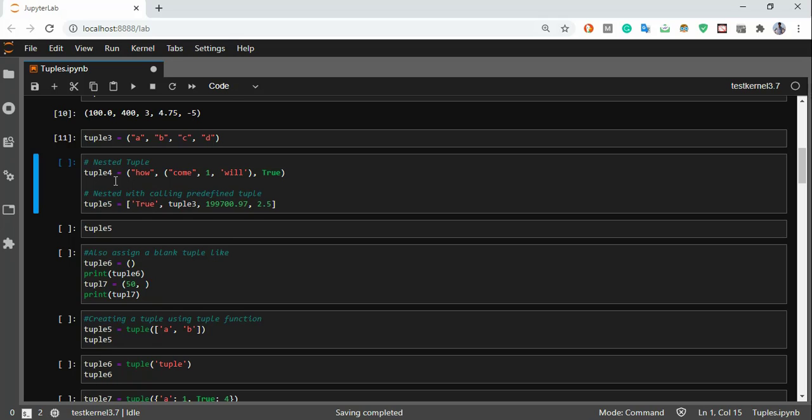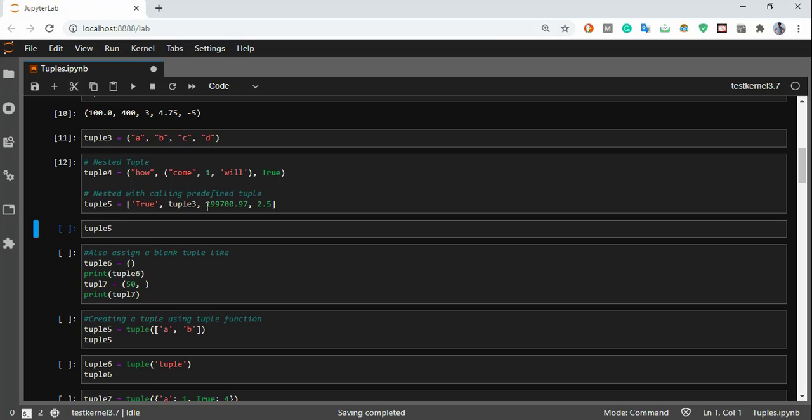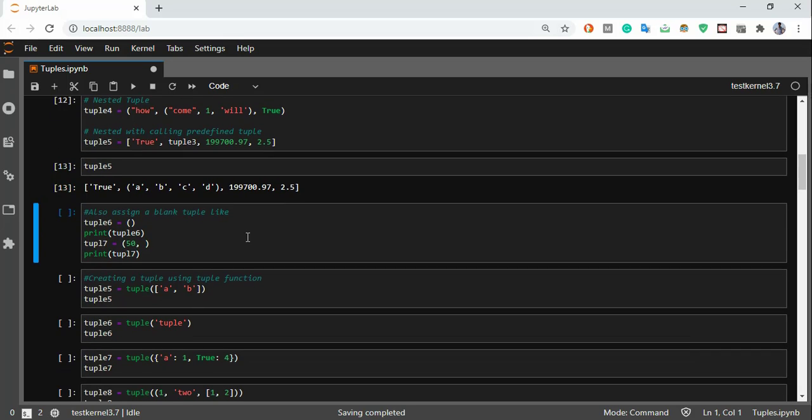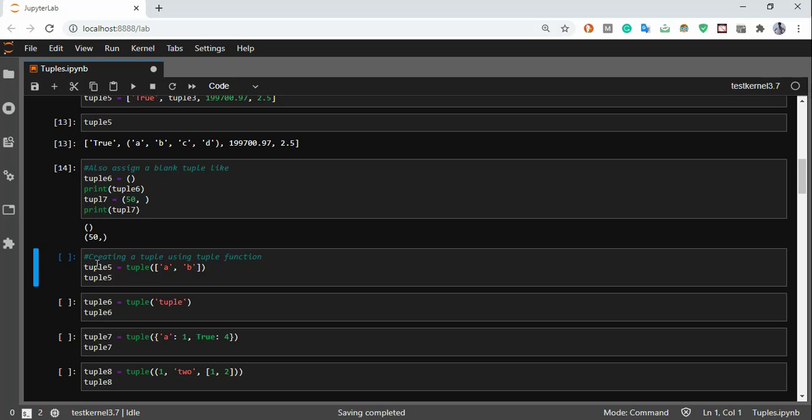This case is a nested tuple. Basically, there's another tuple that I've assigned inside a previously assigned tuple. Just like in tuple 4, I've created a tuple, whereas in tuple 5, if you see, there was a predefined tuple named tuple 3 that I provided to tuple 5. So you see, it won't just provide me tuple 3, but the values of tuple 3, right? Special cases in a tuple are that we create an empty tuple using a pair of parentheses, like in tuple 6, and a single value tuple using a comma following the only value, like 50, like in the case of tuple 7, you see.